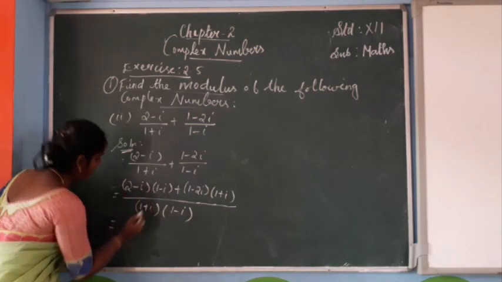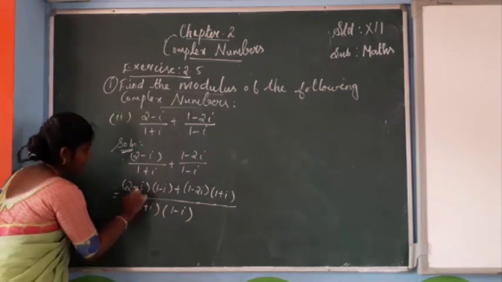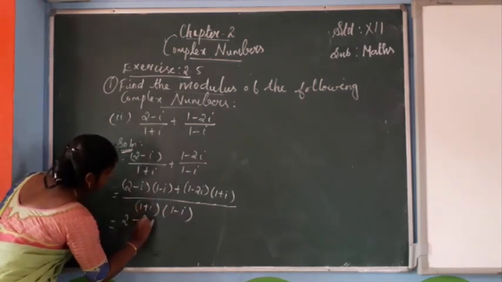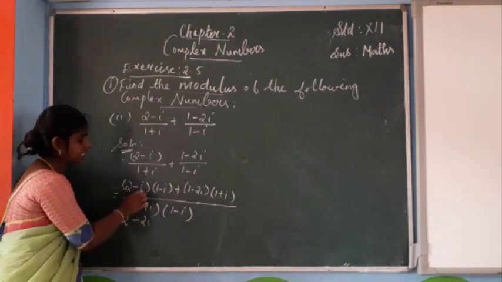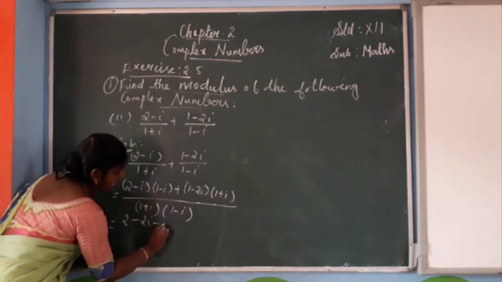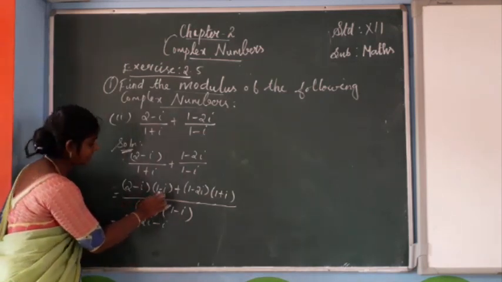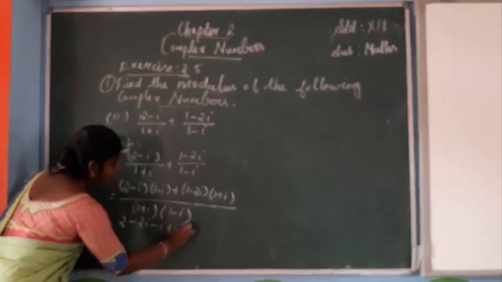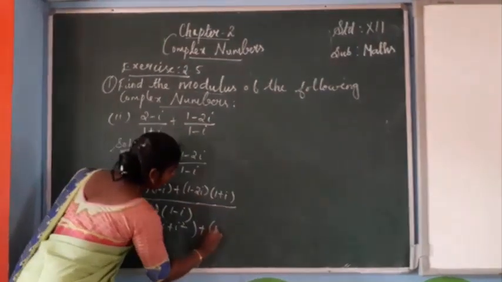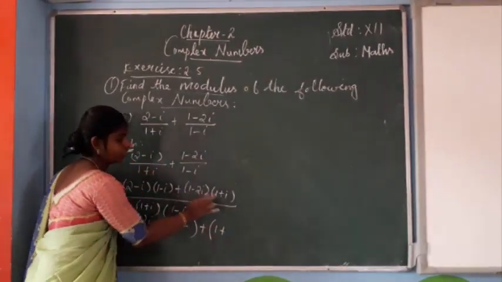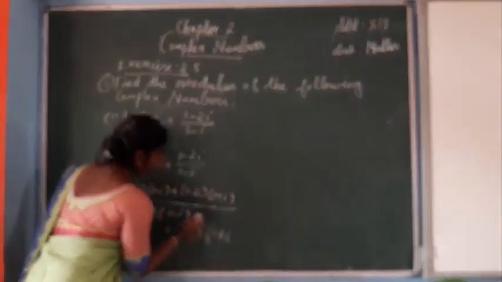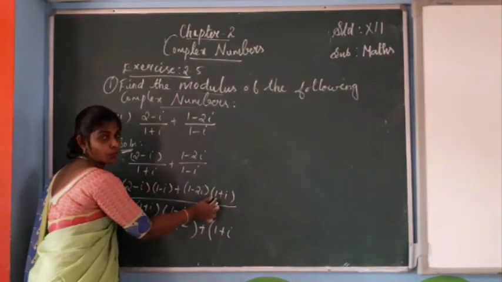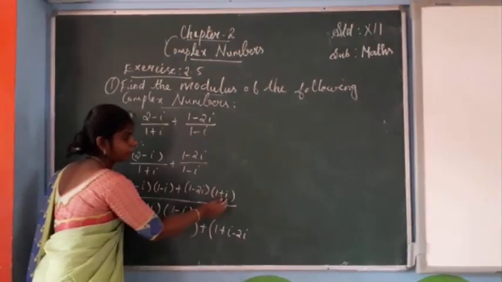So 2 into 1, 2 into minus i, minus 2i, minus i into 1, minus i into minus i, plus i square, plus 1 into 1, 1, plus 1 into i, plus i, minus 2i into 1, minus 2i, minus 2i into i,